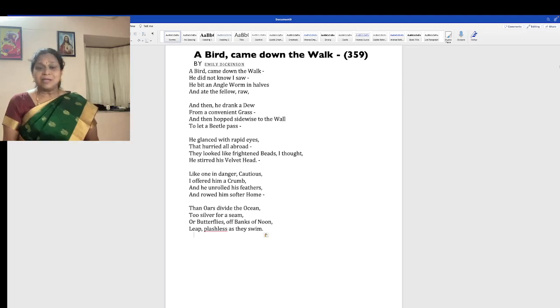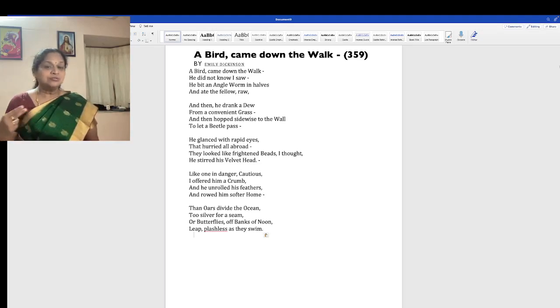But then an element of nature which has its own wildness, like the bird, doesn't touch the beetle once it's full of its hunger. Once its hunger is satiated, it doesn't touch the beetle, rather it allows the beetle to pass. Now here, this is where we need to ponder as human beings. Do we do that? Do we allow things to go by if we have experienced something? Do we have that contentment like the bird? I wonder whether we really have that. And this is one lesson that we'll have to learn from the wildest aspect of nature.